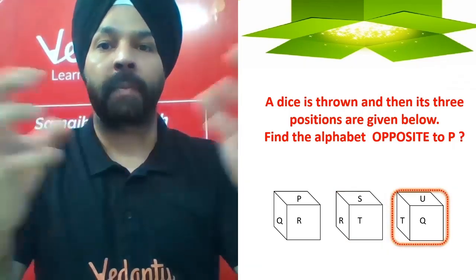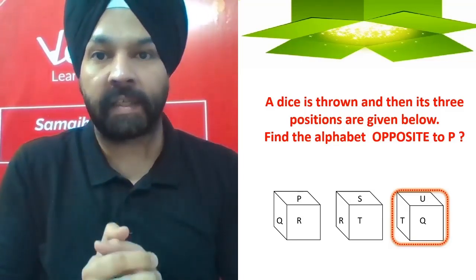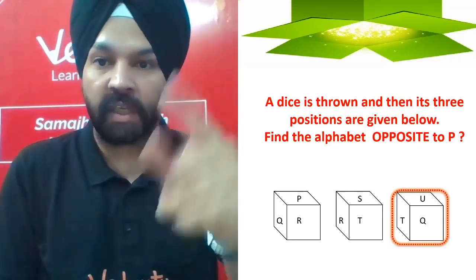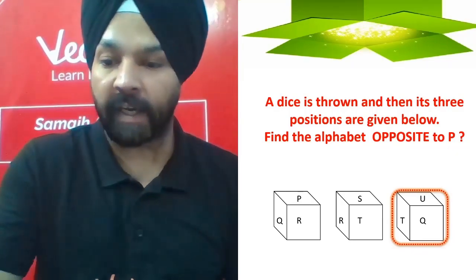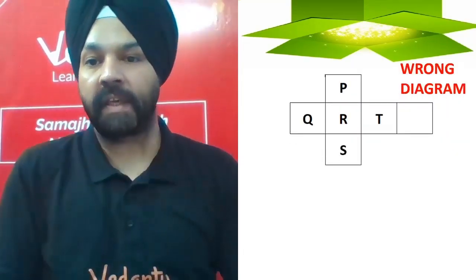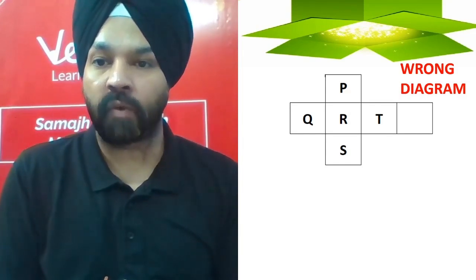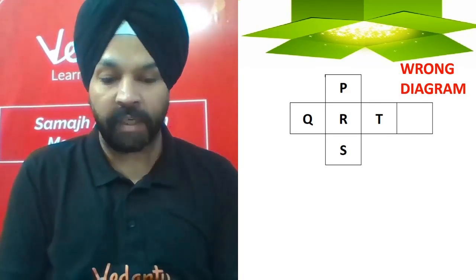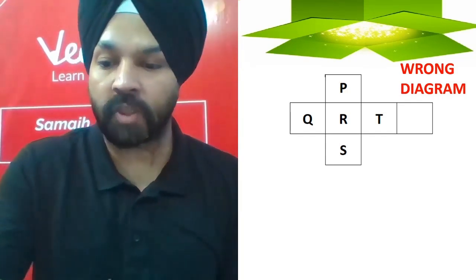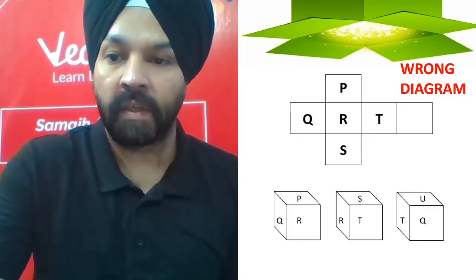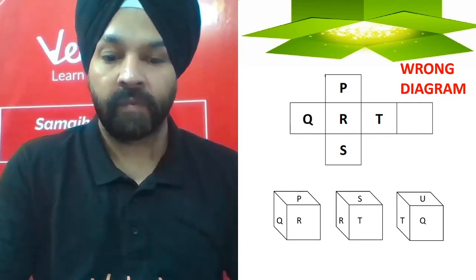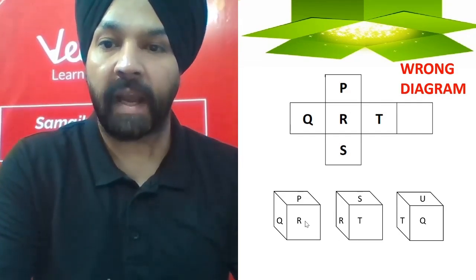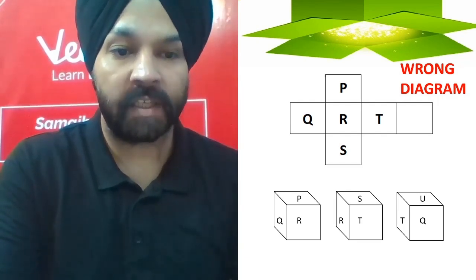What I will do is I will open up this cube or a dice, right? In the similar manner in which we have seen in the very first animation, right? So this is the diagram which I have created from the previous one, but I am saying this is a wrong diagram. Now we need to check why this diagram is wrong. So let's have a look at that. What I can see over here is there is R, right? And I will explain this.